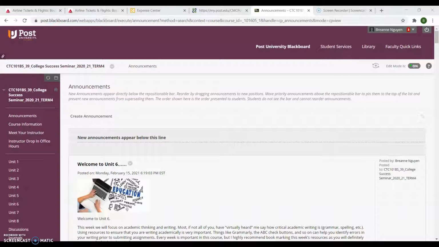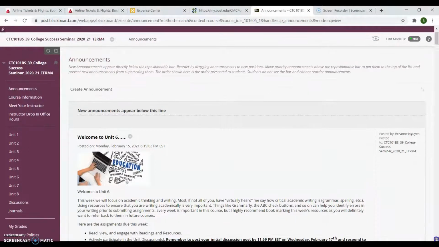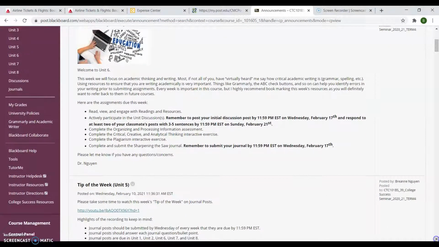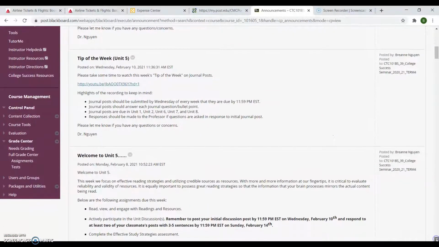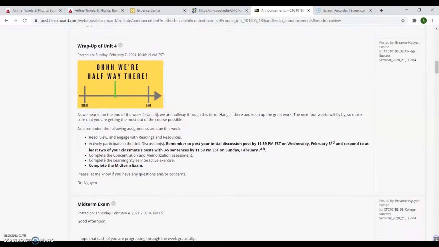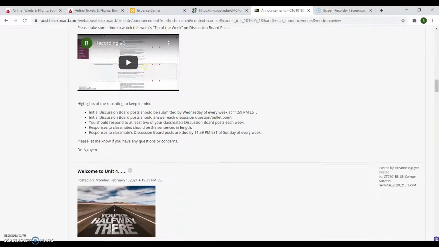And what you see here on the screen is when you log into Blackboard, you will see the announcement section right here on your main screen. And you can actually scroll down and manually go through each of the announcements if you have missed any of them. But just be mindful that I also make sure that when I post an announcement, I also click